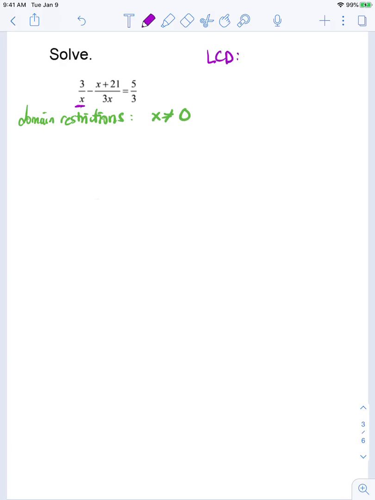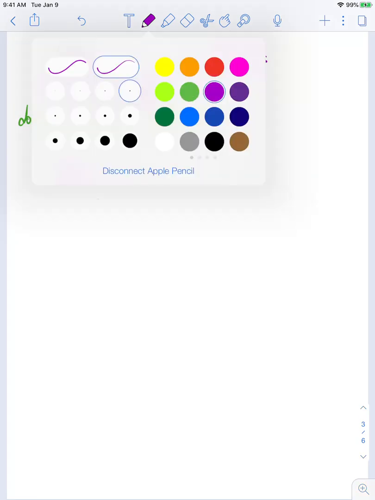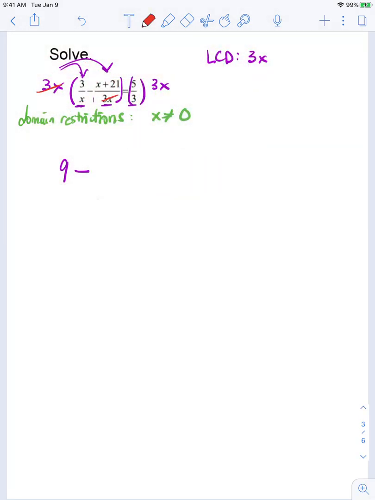Looking at my denominators, I've got x, 3x, and 3, so my LCD is 3x. And then recall that the second method we learned is I multiply both sides of the equation by the LCD in order to clear those fractions. When I distribute that 3x on the left side, in the first fraction I can see that the x's are going to cancel out, so I get 3 times 3, which is 9, minus, and then when I multiply 3x times the second fraction, the whole denominator will cancel out with the 3x. And I'm going to put this in parentheses so that I don't forget to distribute that negative,